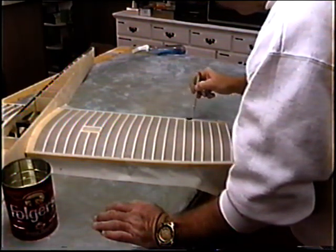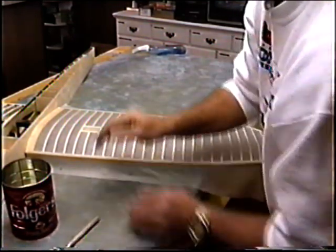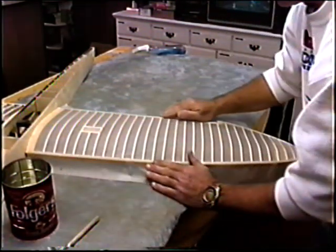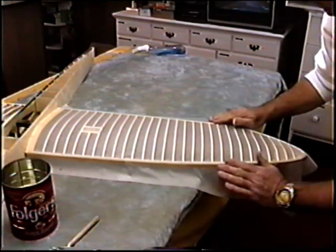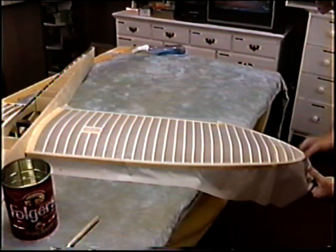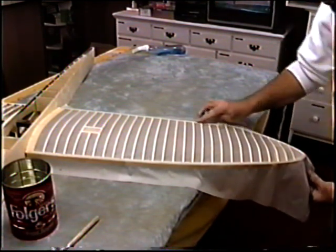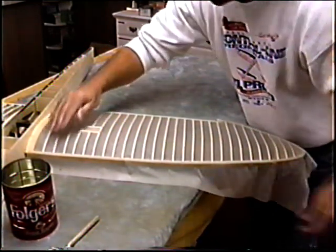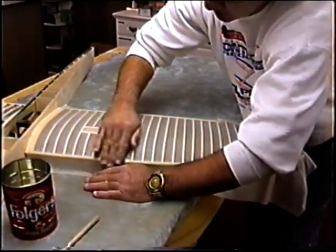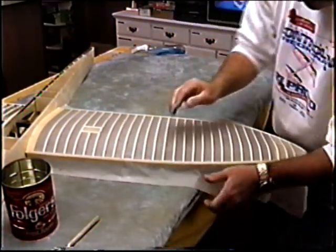Okay, now I like the old bare hands method. Once I get the material down, I like to use my bare hands to press it down. And now I can start, as this starts to tack up, I can start to work my wrinkles out of it. And this is the part that usually will take 5 or 10 minutes. It's real handy if you have a couple of friends that'll just come over and kind of...